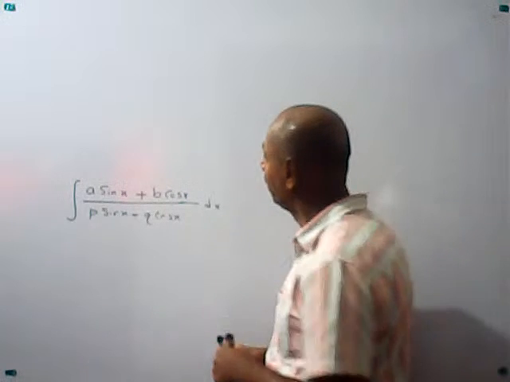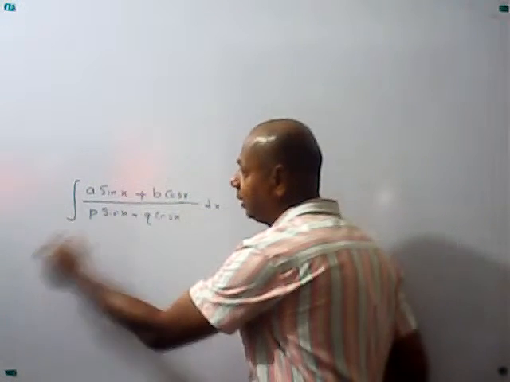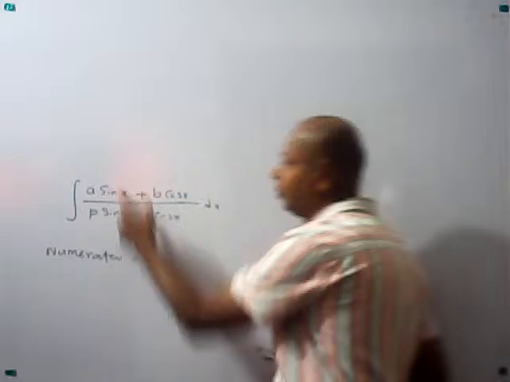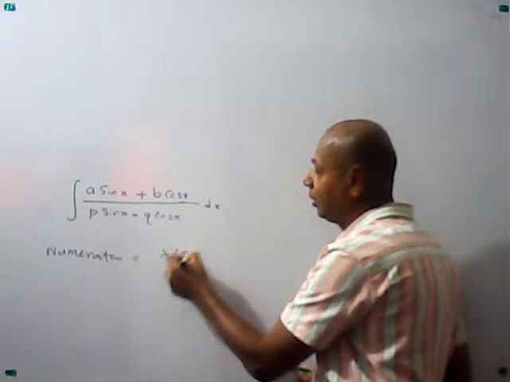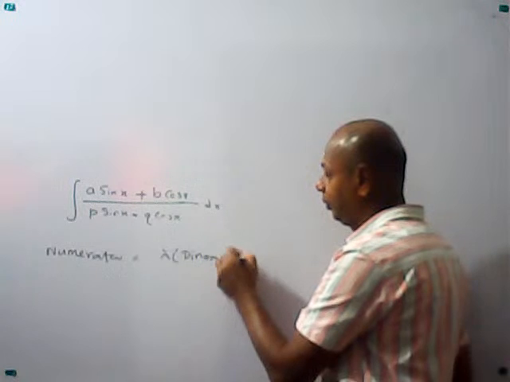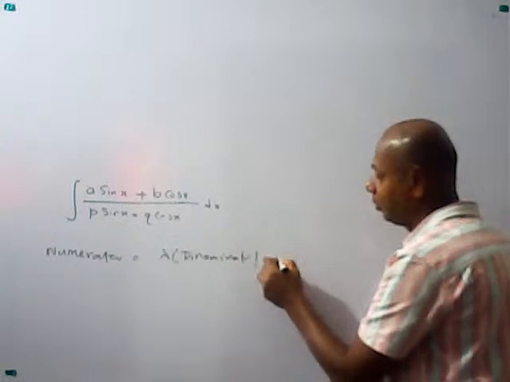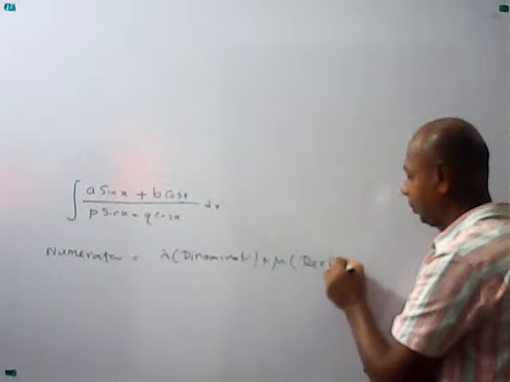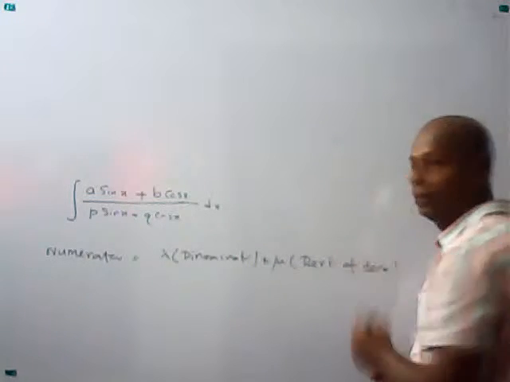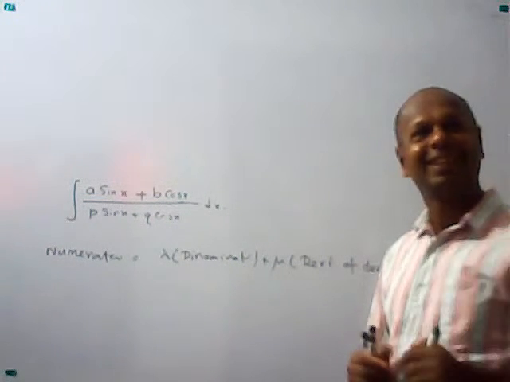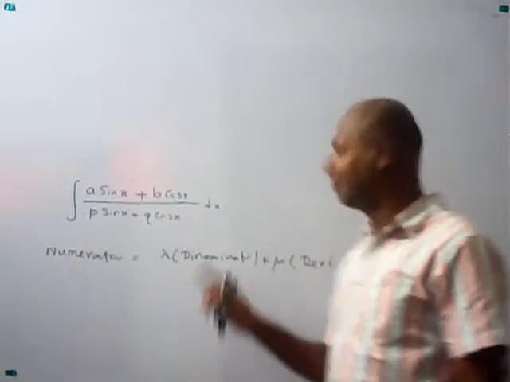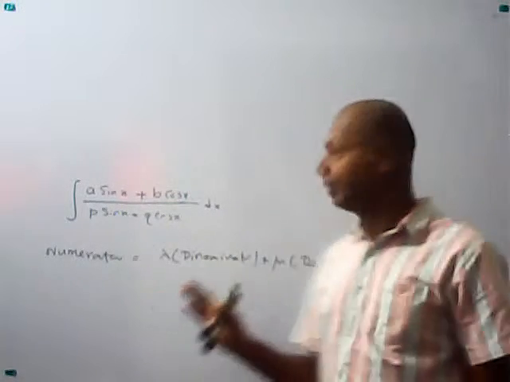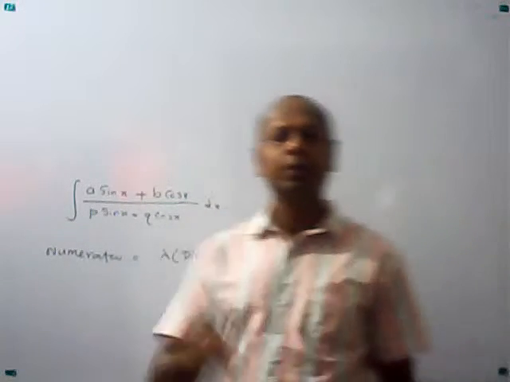just to remind you, the method is we express the numerator in the form lambda times the denominator plus some other constant mu times the derivative of the denominator. Express it in these forms, then find lambda and mu, and that's what we do to integrate this type of function, right? And today we are going to